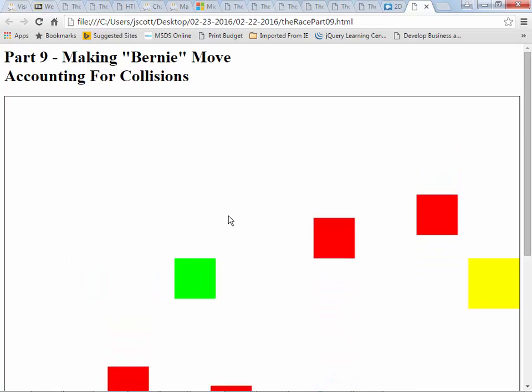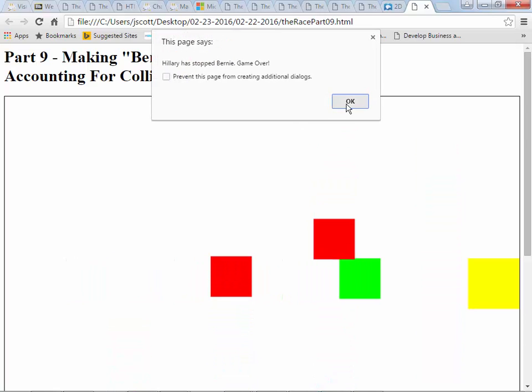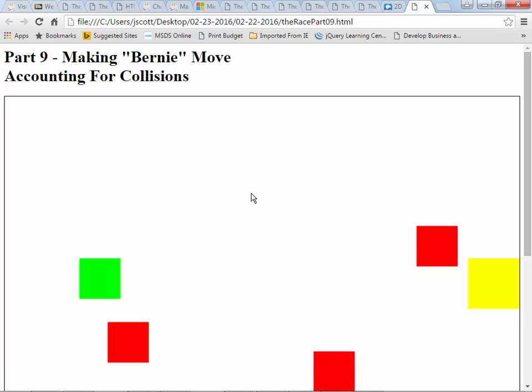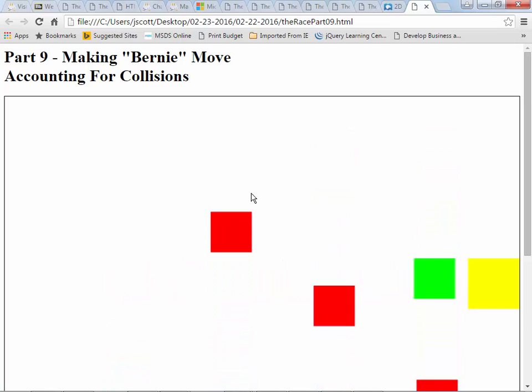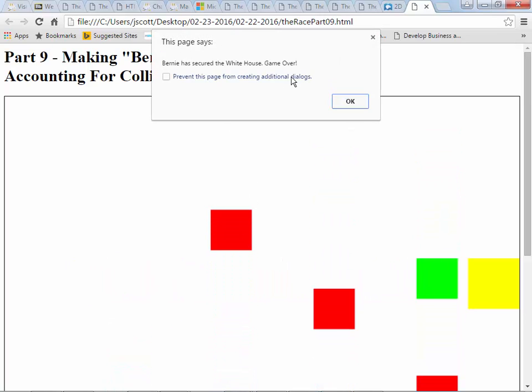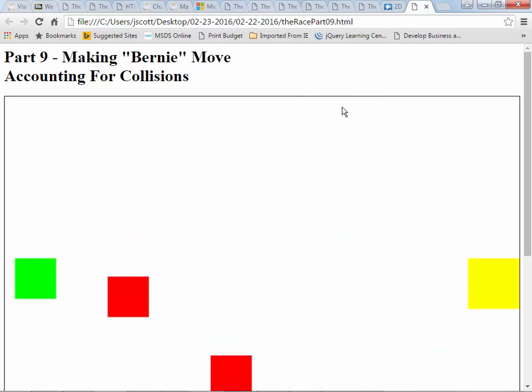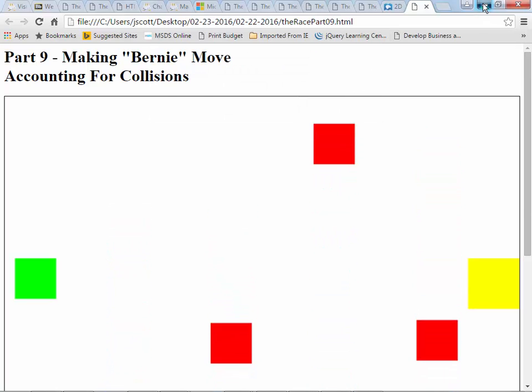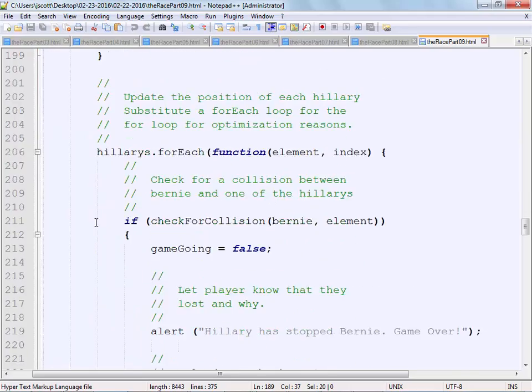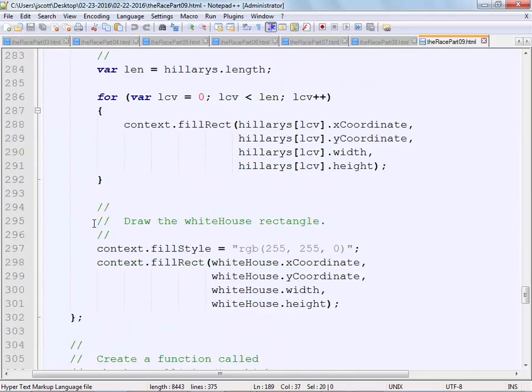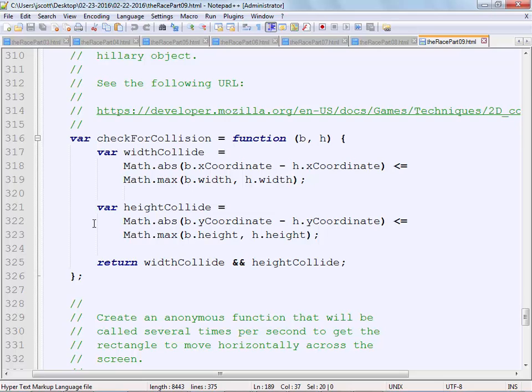That's what the window.location is doing right there. Let me try to get to the end and show you exactly what's happening. There. Secured the White House, boom, everything resets. And the way that collision detection is done inside of here is really simplistic, and it's what I just explained to you.